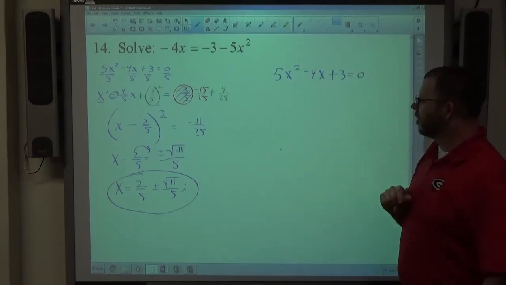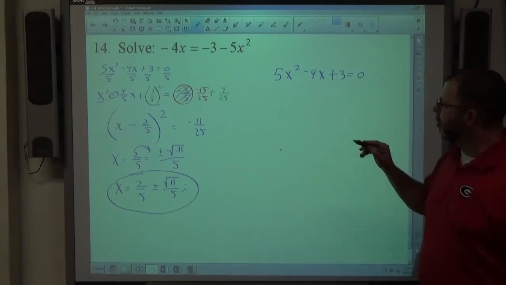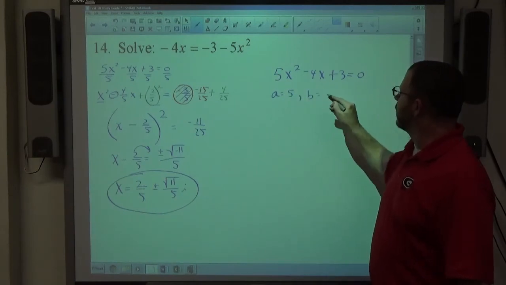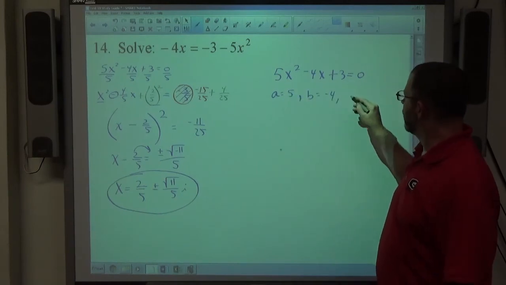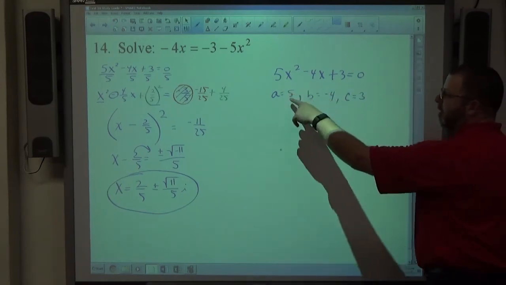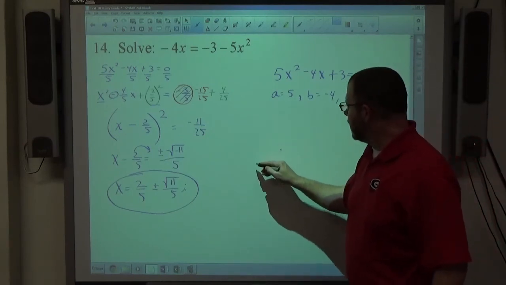Get everything equal to 0 to use a quadratic formula. You have to have this form to use a quadratic formula. A is equal to the number in front of x squared. B is equal to the number in front of x, and C is equal to the number that's the constant. Signs included, so A is positive, B is negative, C is positive. I know that x equals